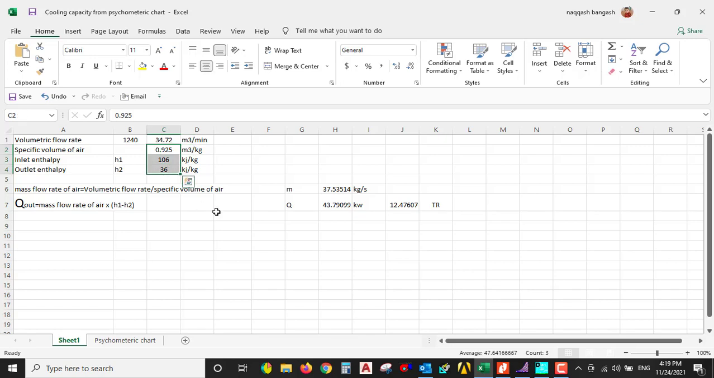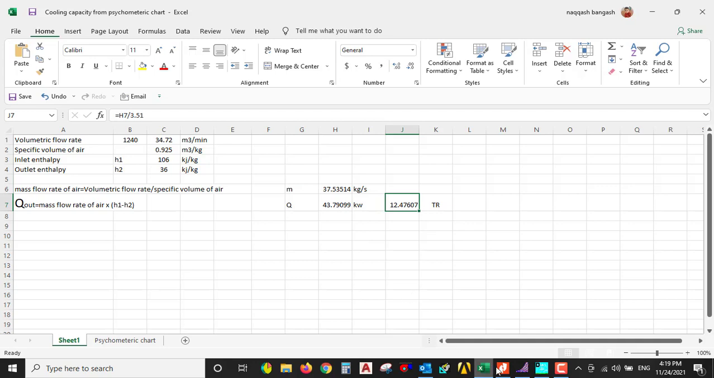So just put these values, the coil load will be calculated by this equation, which is mass flow rate of air times the difference of enthalpies. So how do we calculate the mass flow rate? We just calculate the mass flow rate by dividing the volumetric flow rate by the specific volume. We just divide this one by this to calculate the mass flow rate. So we calculate the coil load, which is about 12 tons of refrigeration,